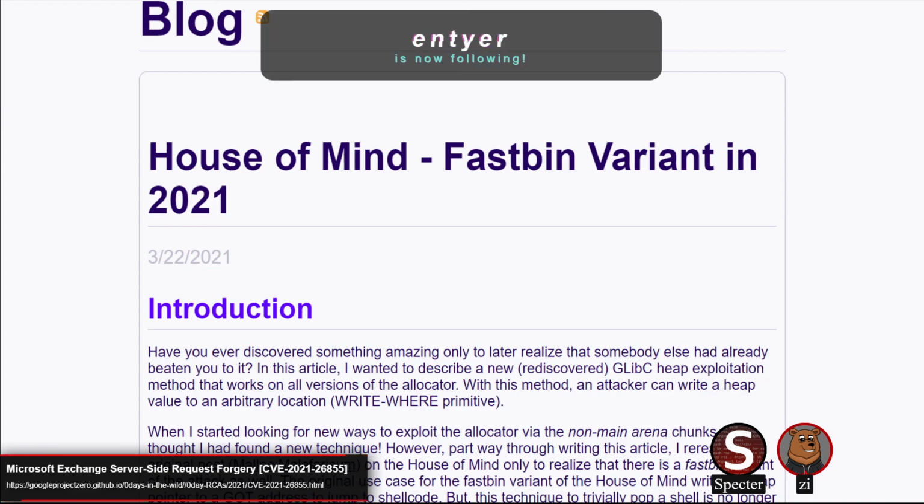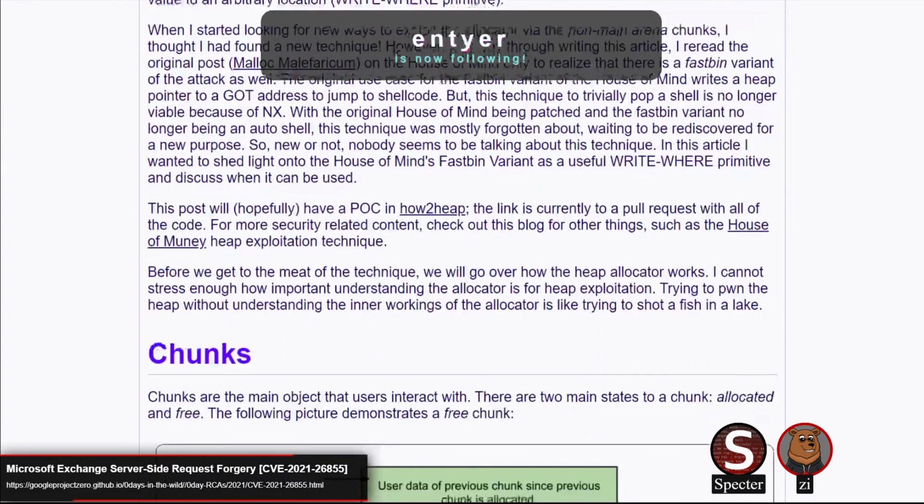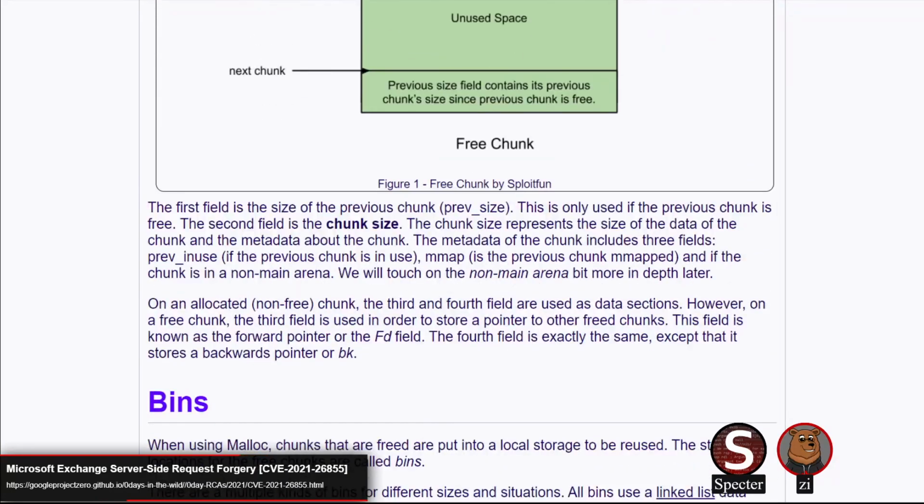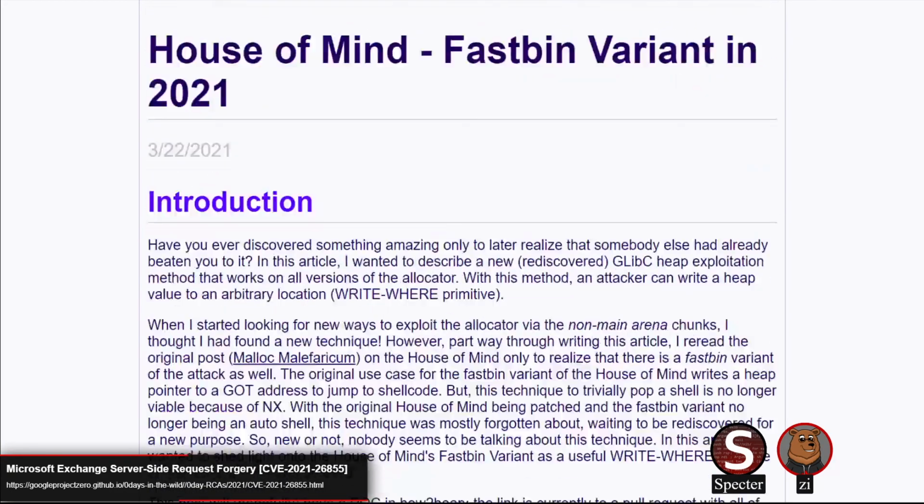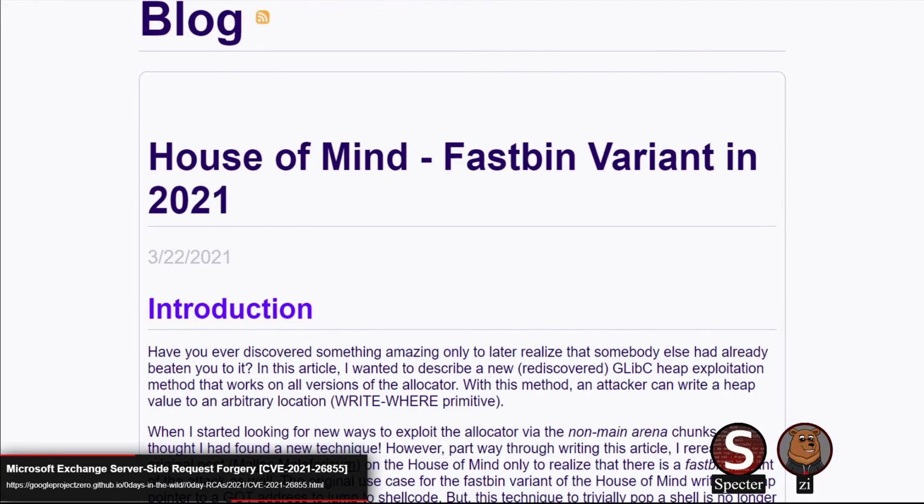So I kind of wanted to shout this out that it's there. You can go read it, but we're not going to cover the actual details of it. It is basically just a variant of House of Mind that impacts Fastbin. Yeah, I was hoping to quickly find what it was, but I couldn't. So, unfortunate. But yeah, it's always cool to see some new House of attacks.